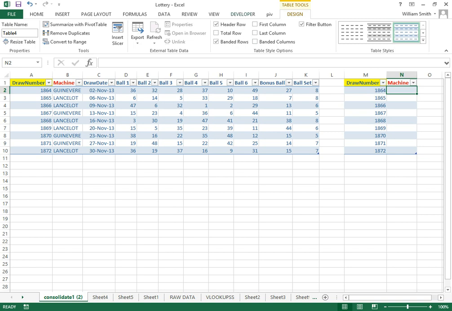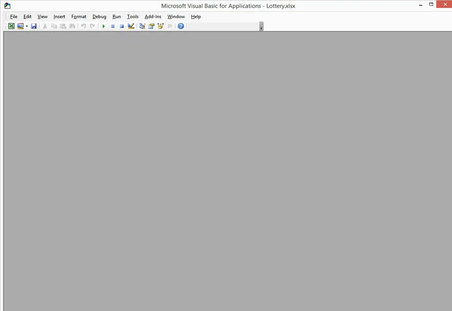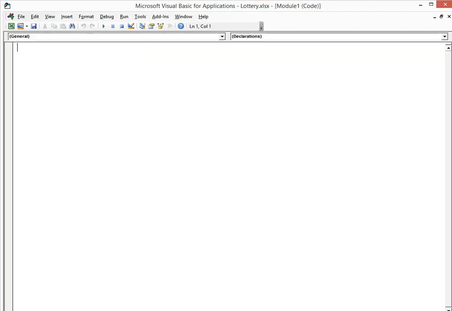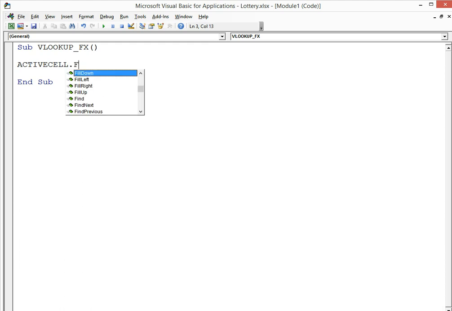Now what I'm going to do is go to the Developer tab, click on Visual Basic, and insert a module. I'm going to call this sub VLOOKUP_FX function. And then I'm going to start by saying ActiveCell.FormulaArray equals, that's what I'm entering to insert my VLOOKUP formula. Because it's an array, I'm going to start with a quote, and then equals, and then VLOOKUP, brackets, and then